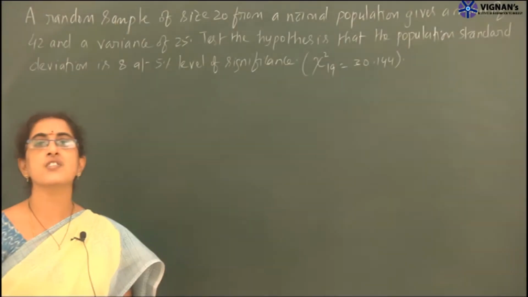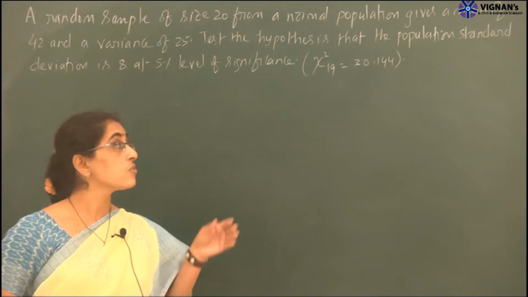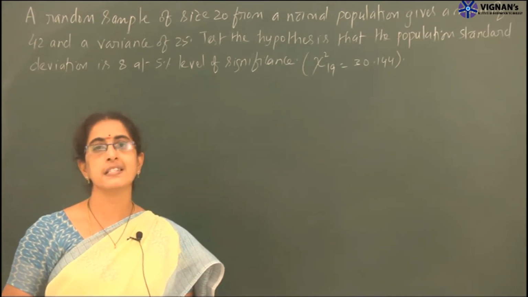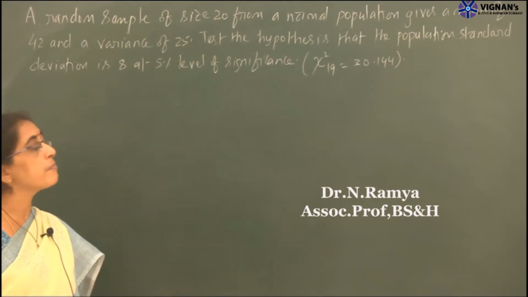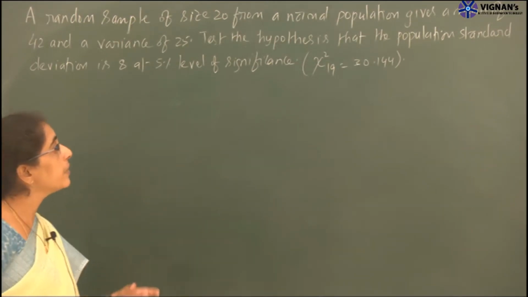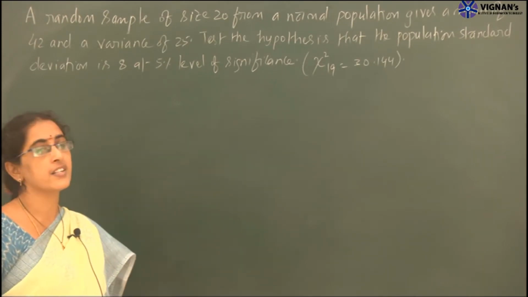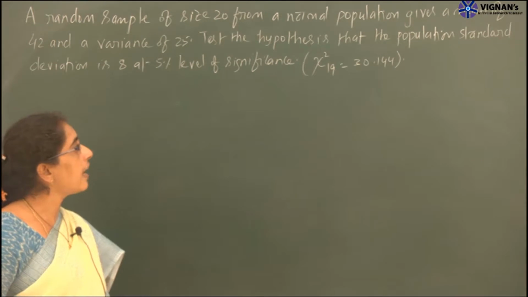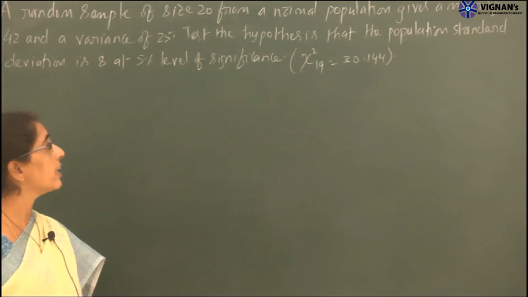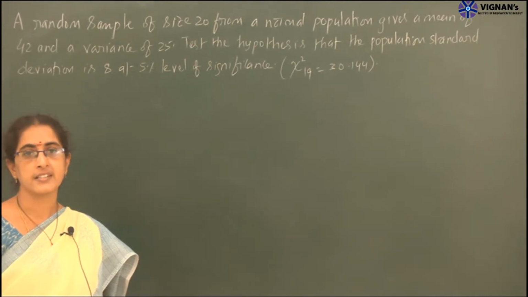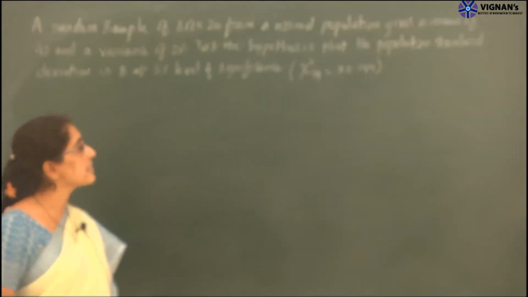Just now we have discussed the test statistic for single variance and difference of variance. So first we will go through the problems on single variance. If you move on to the problem: a random sample of size 20 from a normal population gives a mean of 42 and a variance of 25. Test the hypothesis that the population standard deviation is 8 at 5% level of significance, and the tabulated value of chi square for 19 degrees is given as